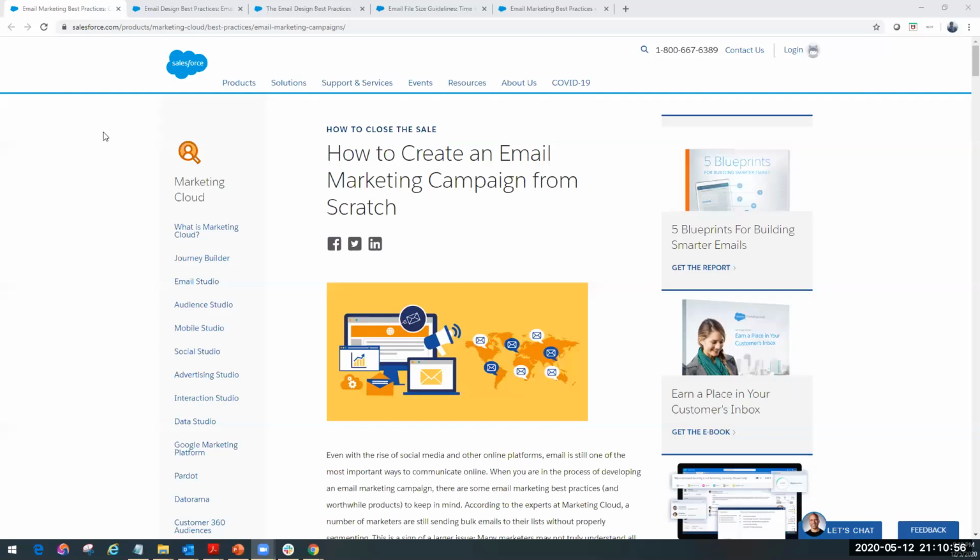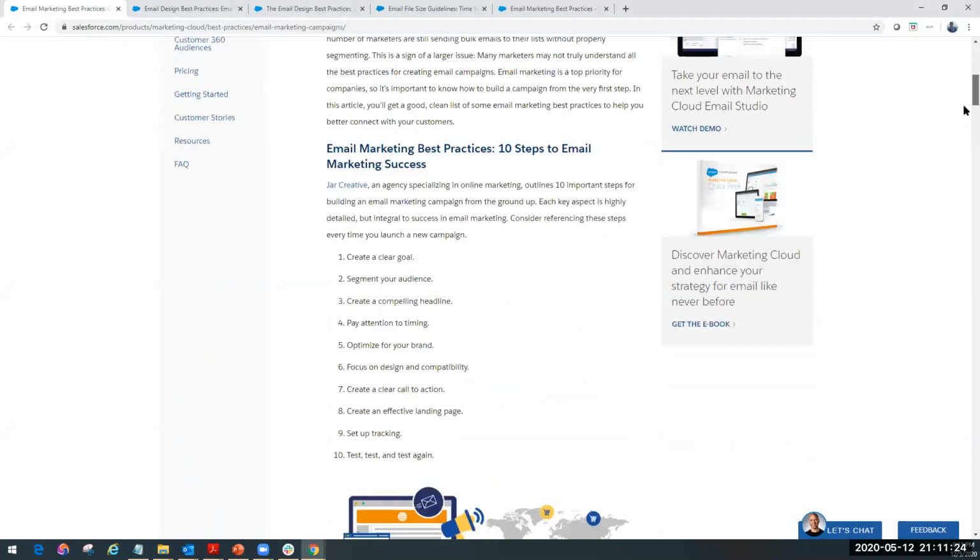Okay, I just have a few things that I wanted to quickly share with you as well. Not as much real life examples, but just a few articles that Salesforce has. I'll share the links with you on the chat. So please, when you get to go through these, there's one on the email marketing campaign, with best practices on how to create one.